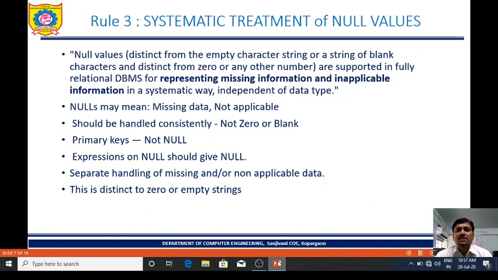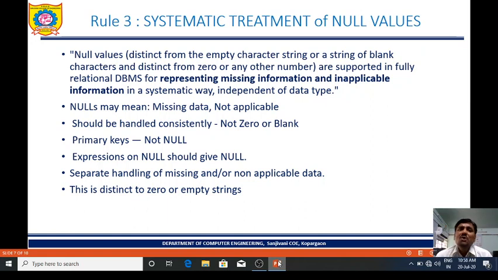See, there should be a systematic treatment of null values. Null means missing data, not applicable. Should be handled consistently, not 0 or blank. See, null is not 0, null is not blank, it is missing value. Primary key is always not null.